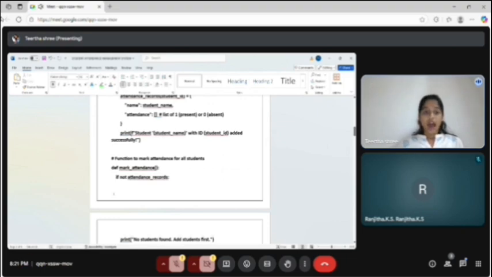Then this part is about the function to mark the attendance for all the students. This function definition is going to mark the attendance for the students. If no student exists in the dictionary, it displays a message and exits from the function. It will print like this: